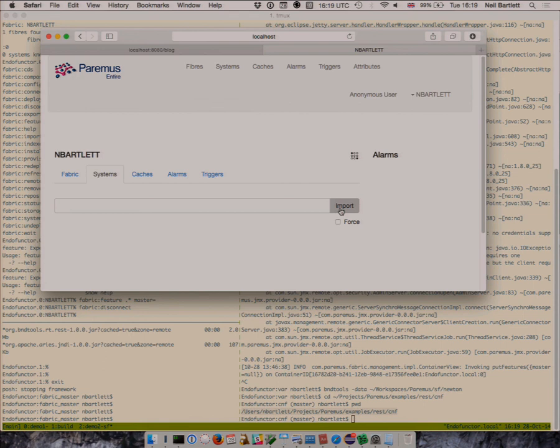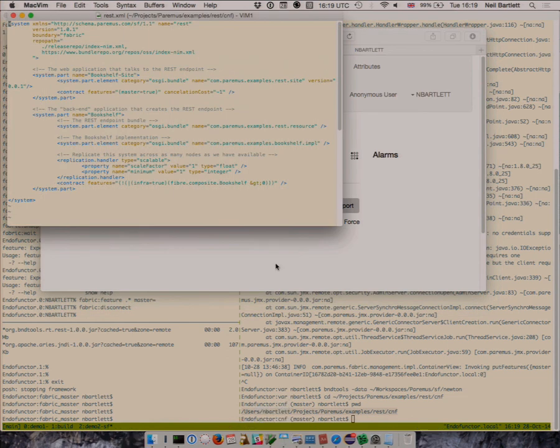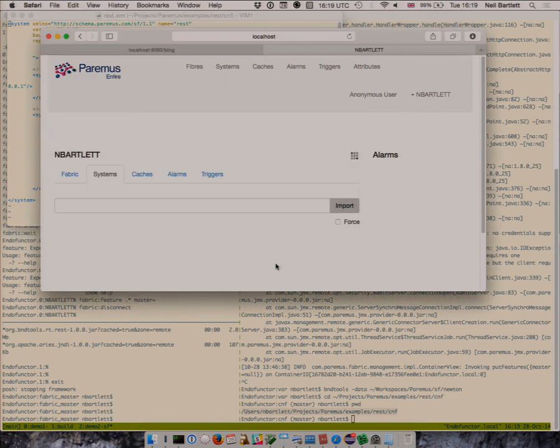What I was going to show you is a definition of some software which has two parts, defined as a bookshelf service and a site that manages all of my bookshelves. That was a REST service, and the site was connecting to it, and I would have multiple implementations. As I fired up more nodes, the bookshelf would see all those implementations and show them all to you on a web page. And it would also scale out and push the software out to all of the nodes that were joining the fabric.